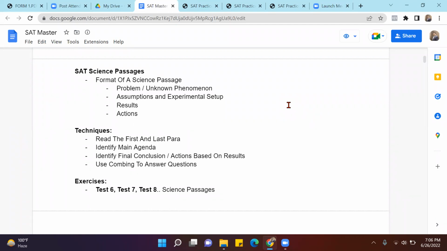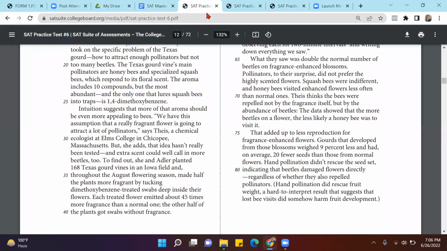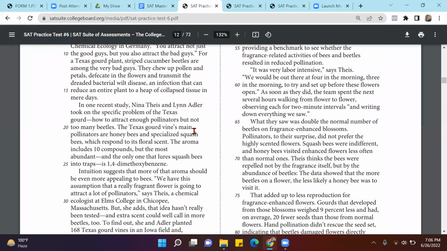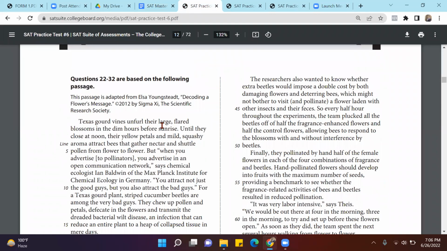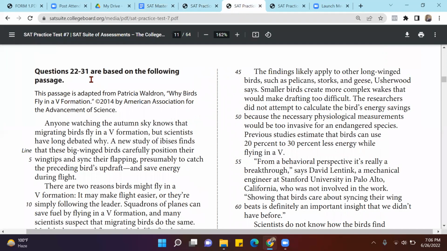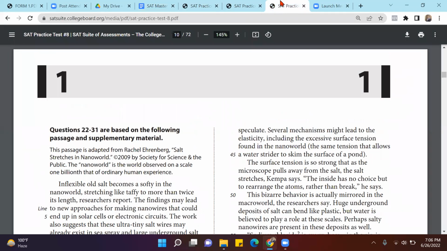Now, whenever you do the SAT exam, you'll find that the third passage is the science passage. So I'm showing you a few examples. This is from test 6, where they talk about why Texas gourd plants have limited aroma. This is from test 7, where they are talking about why birds fly in V formation. This is from test 8, where we are talking about some phenomenon shown by salt particles in the nano world